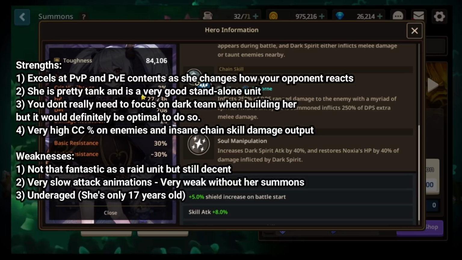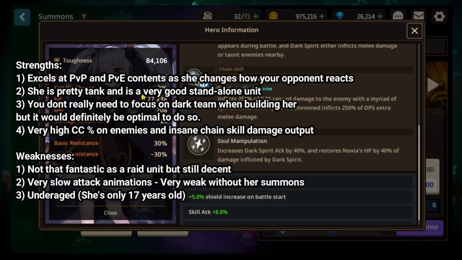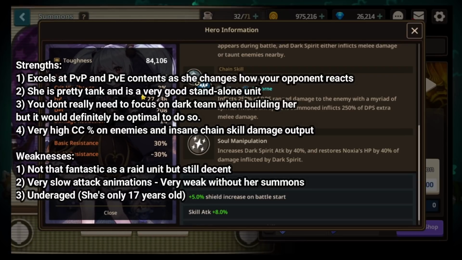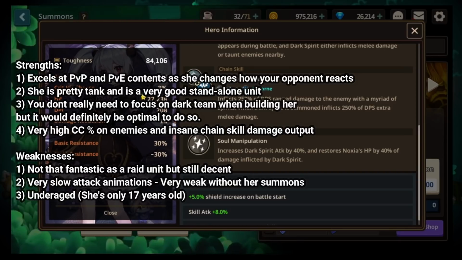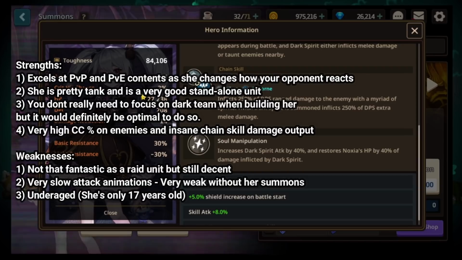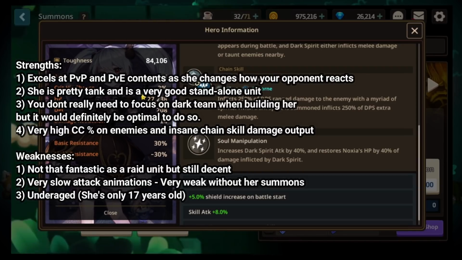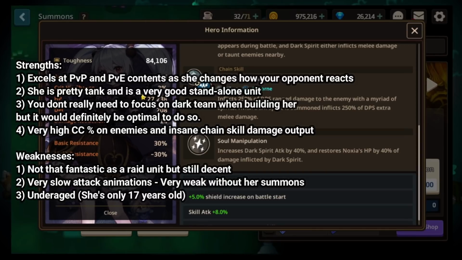So should you invest in Noxia? My answer is, if you're a newcomer and you're looking for a unit to help you clear PvE game modes very easily, then Noxia is definitely a must summon. If you are looking to improve your raid teams and boost your dark team's damage within guild raids, I won't say that Noxia is a go-to, because honestly, her damage output in raids isn't really fantastic. She's not going to beat Arabelle in terms of pure damage output,